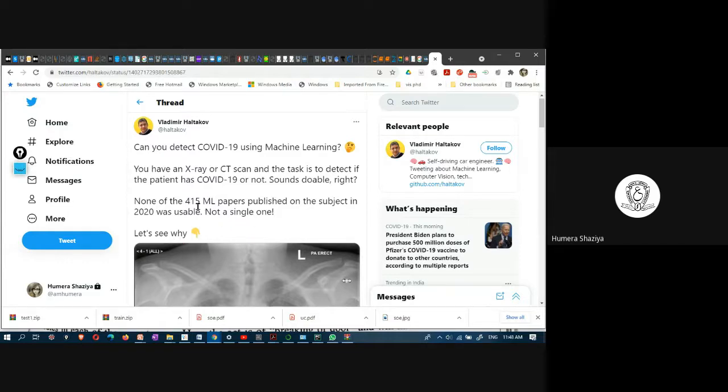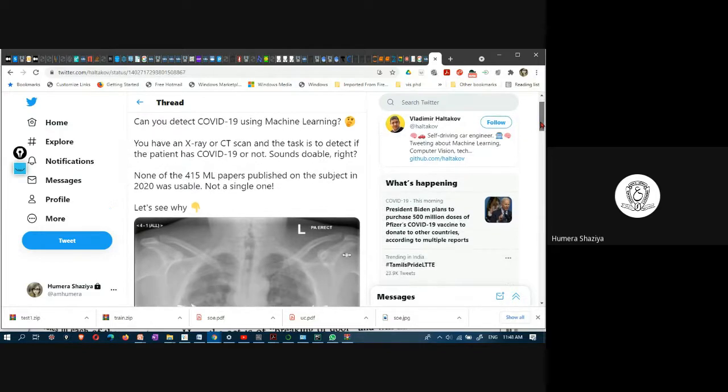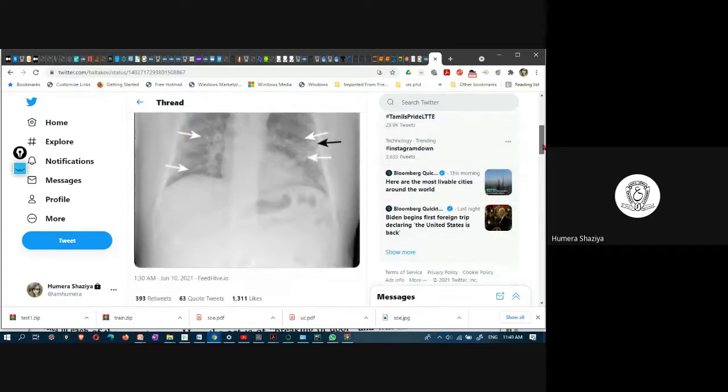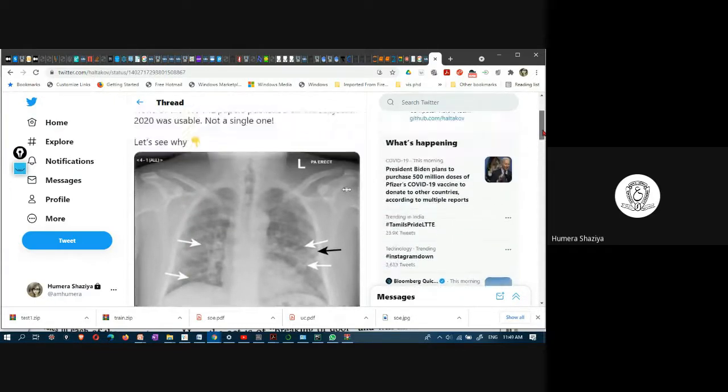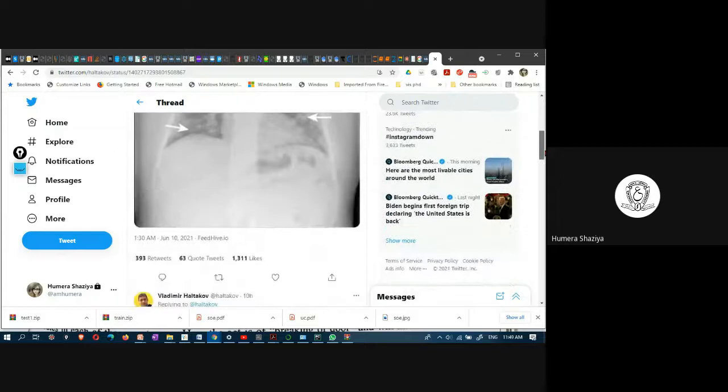Let's see why. Last year, 2020, 415 ML papers were published on the subject of detecting COVID-19 using machine learning, and he claims that none are useful because of some reason he has given. Like that,